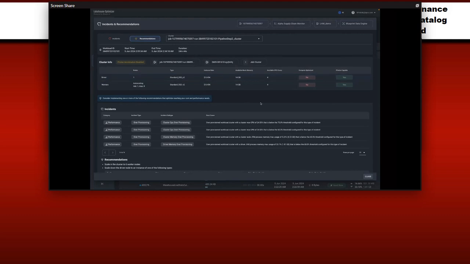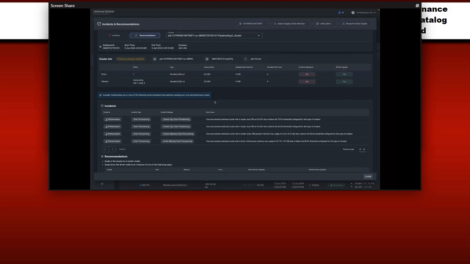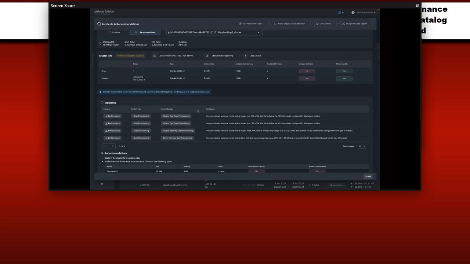Down a little bit below, it'll show the incidents that were flagged as well as the recommendations that were generated. So we have a couple of incidents here, like we described, for performance and over provisioning. It shows that the cluster CPU is over provisioned. And as an aside, we find it really important to make sure that we're not just providing blind incidents or recommendations.